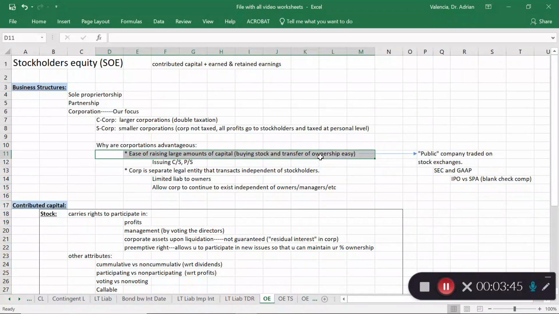Unless you have like a very large stockholder in a company, which occurs as well, then that person also could have a bigger say. But usually the nice thing about the corporate structure is that because we can have such easy transfer of ownership through the stock, it allows us to raise capital in large amounts by issuing stock to the public, right? You can issue common stock or preferred stock, and we'll talk about these a little bit further down. But that's a big thing.